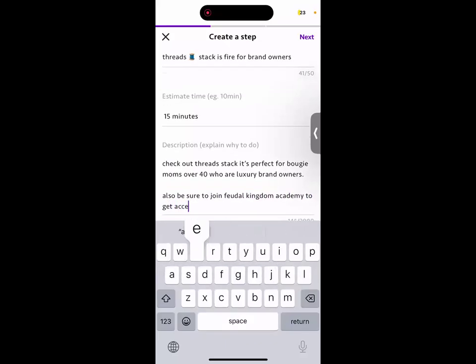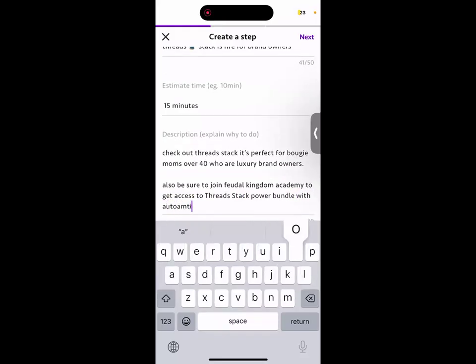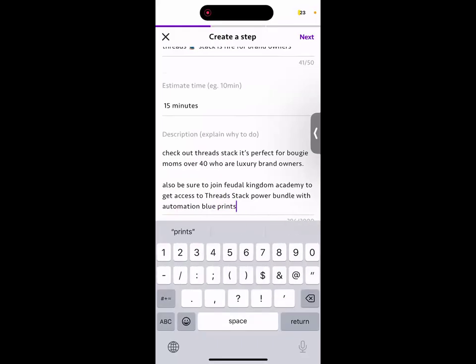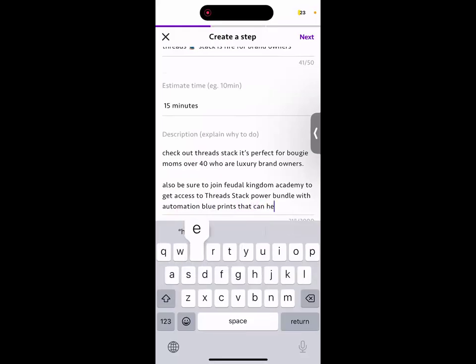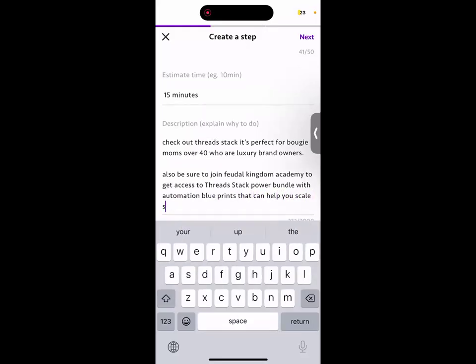Get access to Thread Stack, Power Bundle with automation blueprints that can help you save time.